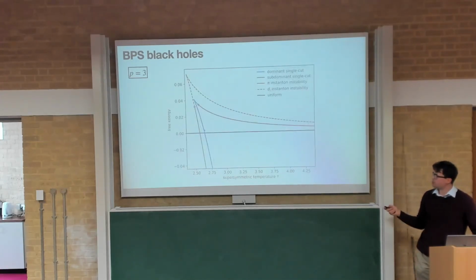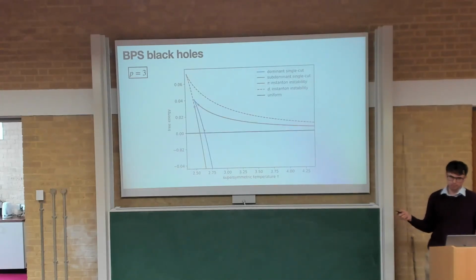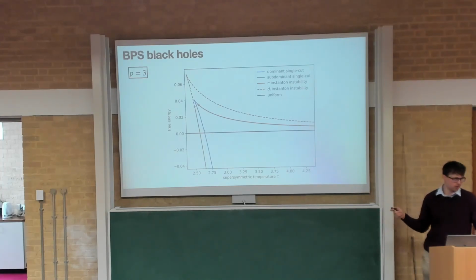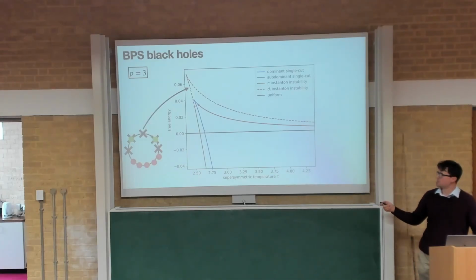And then I went to p equals 3 and did the same thing again, and again you see that the instability seems to persist to this level of the truncation. There might be something interesting going on in the subleading saddles as well, but there seems to be a transition involving a different kind of instanton, a different kind of tunneling pattern of the eigenvalues.